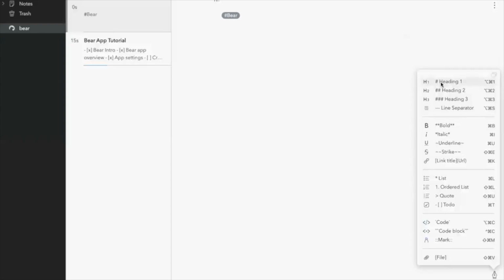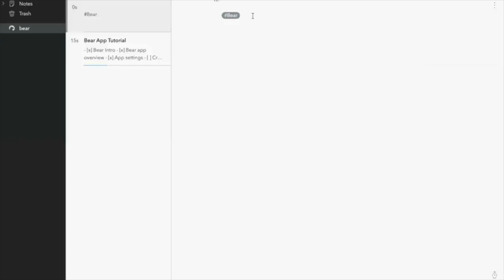H1 is heading 1. H2 is heading 2. There are different sizes of headings or sizes of fonts. While you are creating your note, or creating meeting minutes, or writing a blog, you can use all these editing tools out there. The good part over here is, and let me show it to you while I'm doing it so it will make more sense out here.